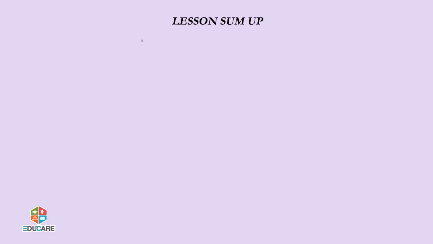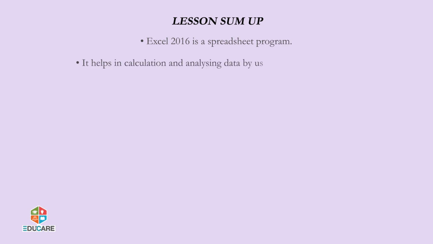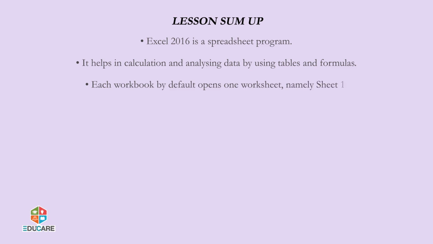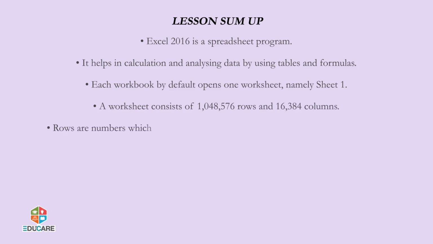Lesson sum up. Excel 2016 is a spreadsheet program. It helps in calculating and analyzing data by using tables and formulas. Each workbook by default opens one worksheet, namely Sheet 1. A worksheet consists of 1,048,576 rows and 16,384 columns. Rows are numbers which run from top to bottom at the left side of the sheet as 1,